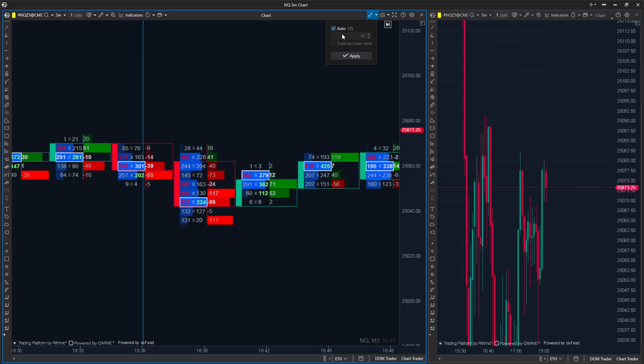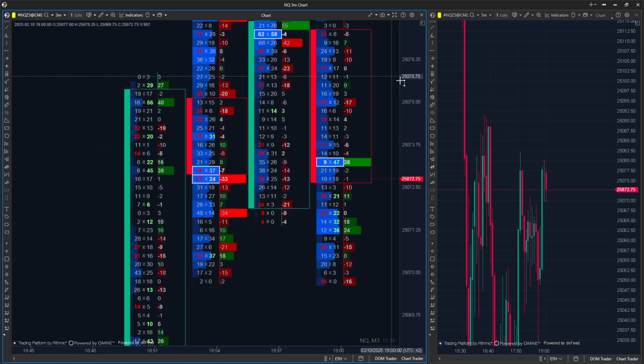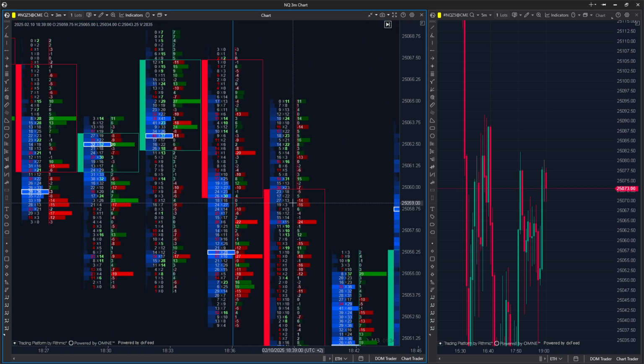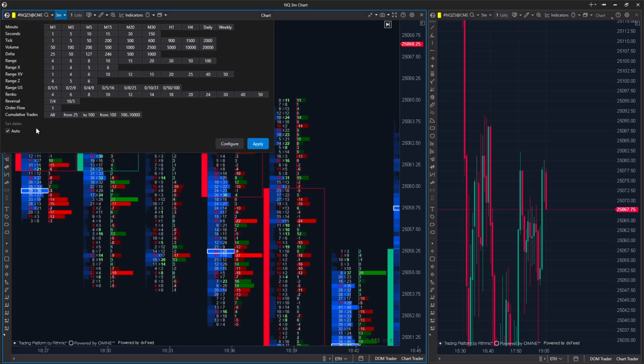So I personally prefer using Auto 1, which means no compression. However, it's not easy to read the footprints, especially in NASDAQ. If you trade, for example, UB, which is the Ultra Bond, which moves in 5 minutes by 5 ticks, then you don't need to use any scale at all. However, I will get rid of the line and I double check the